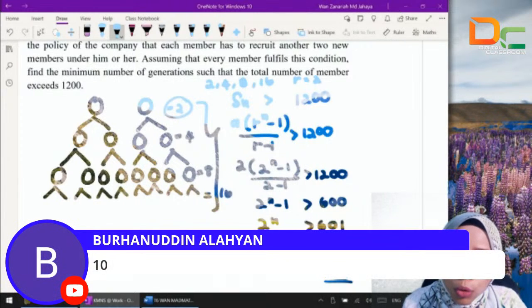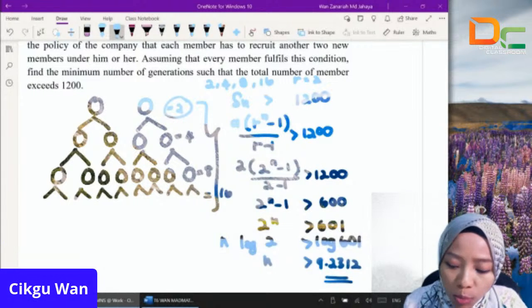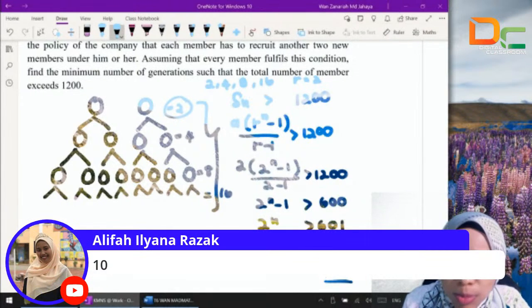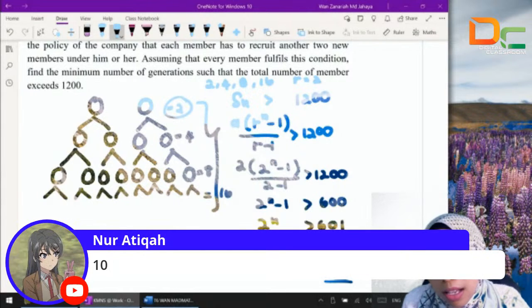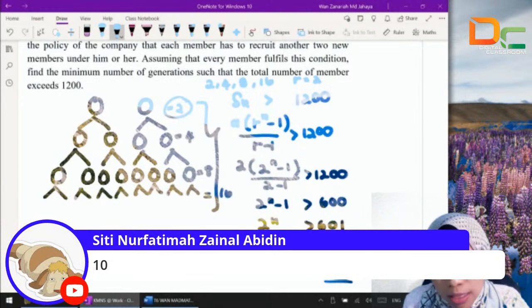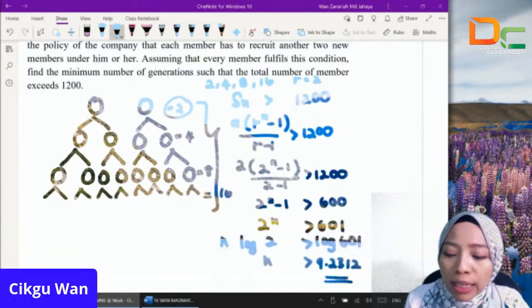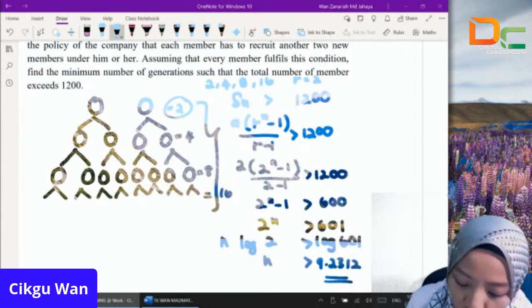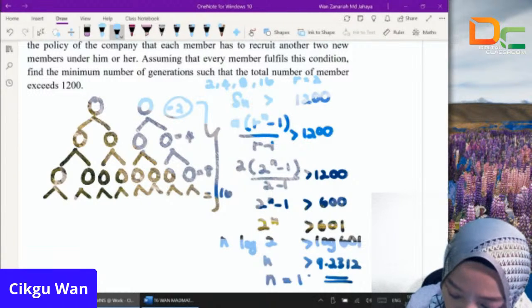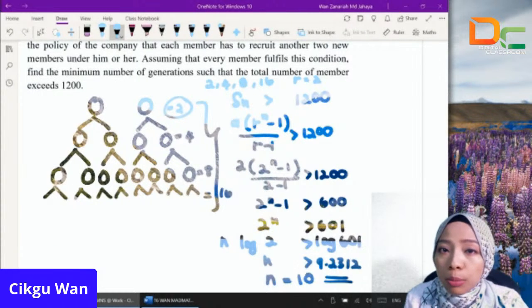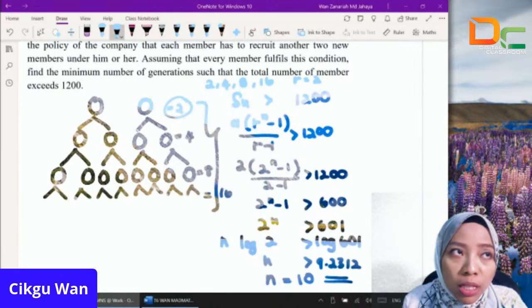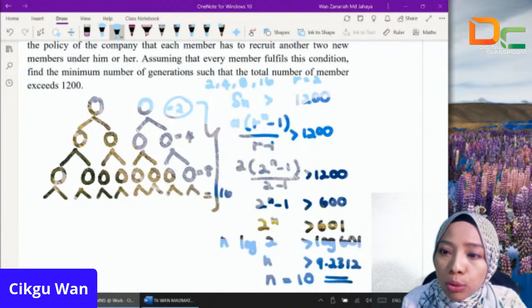Okay, ada yang nak cakap 12. Boleh tak cakap 12? Cikgu, N lebih besar dari 9, 12 pun lebih besar dari 9. 15 pun lebih besar dari 9, teacher. Boleh tak? Apakah jawapannya? Kenapa tak boleh? Kenapa kena 10? Apakah keyword yang mengatakan you kena ambil 10? You tak boleh ambil 15, 221. Kenapa? Because they nak